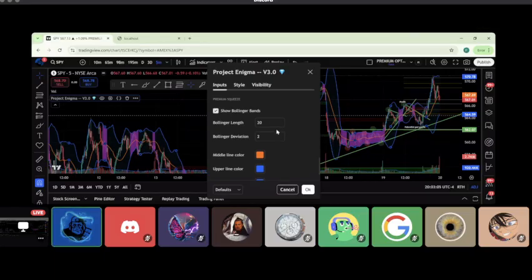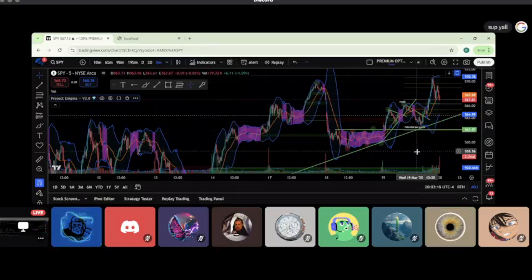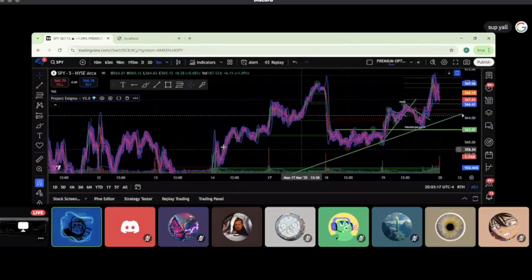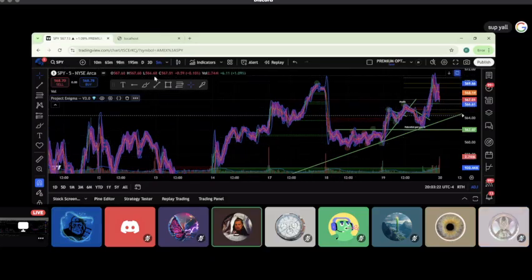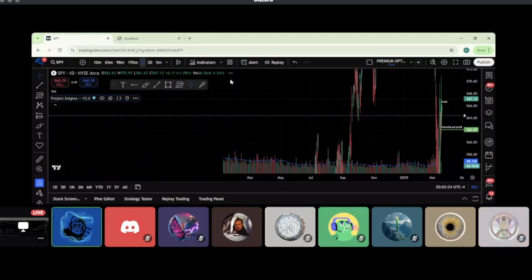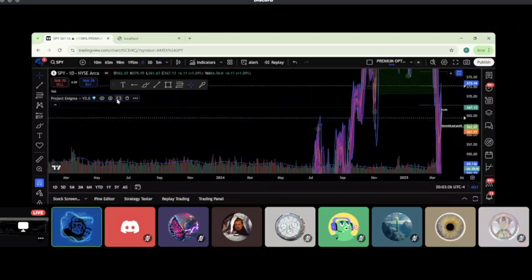You can change the length, which is just the moving average in the center. That's what that middle line is. You can use 5 for scalps. And you'll see here how it completely changes. Well, now it's all in squeeze. I think I have to adjust the other setting, which is